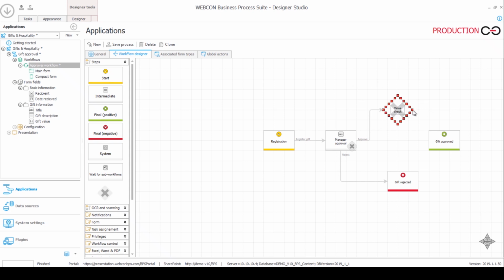Okay, and the idea here is as follows. This workflow instance, if it is a very small gift, will go directly to the gift approved step. So let's call this path less than 500. But if it is a larger gift, it will go to an additional choice